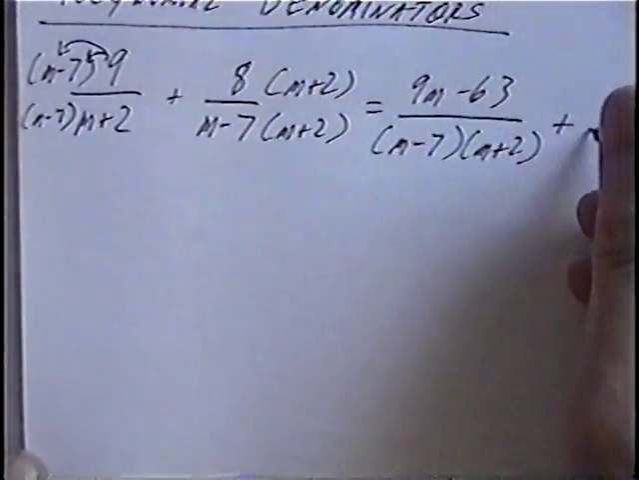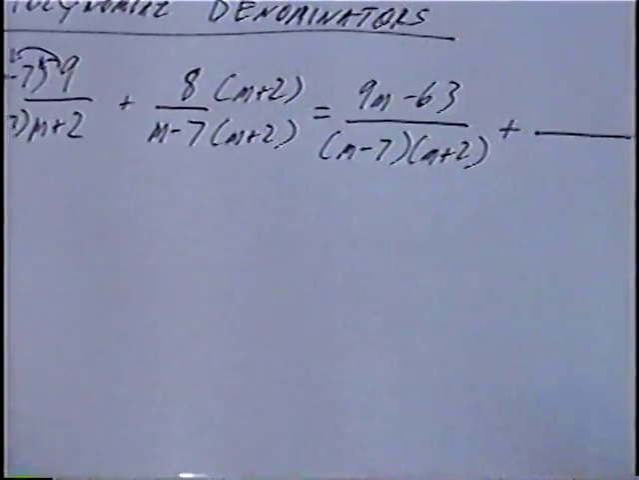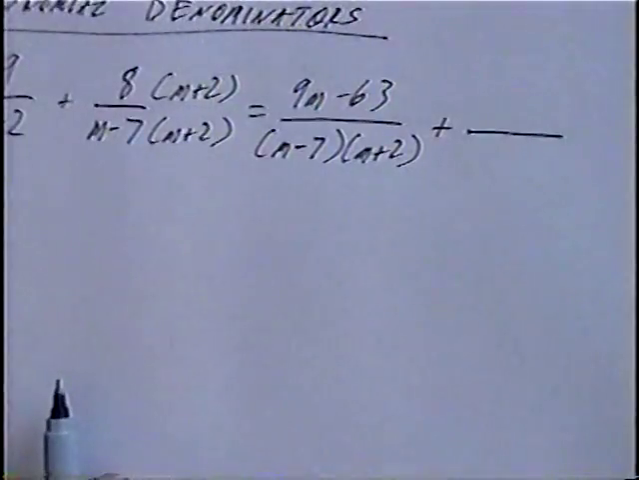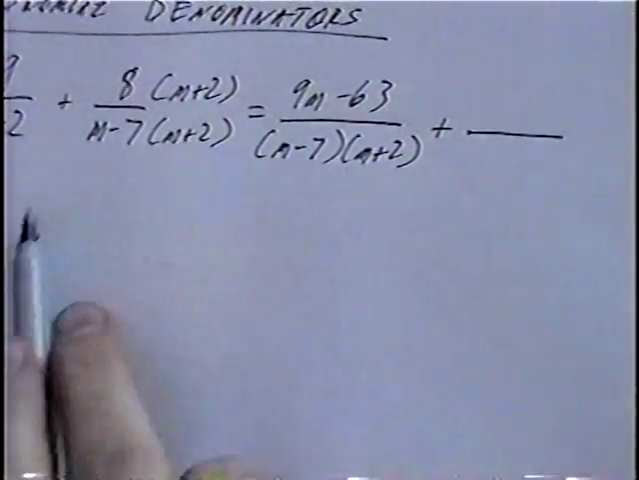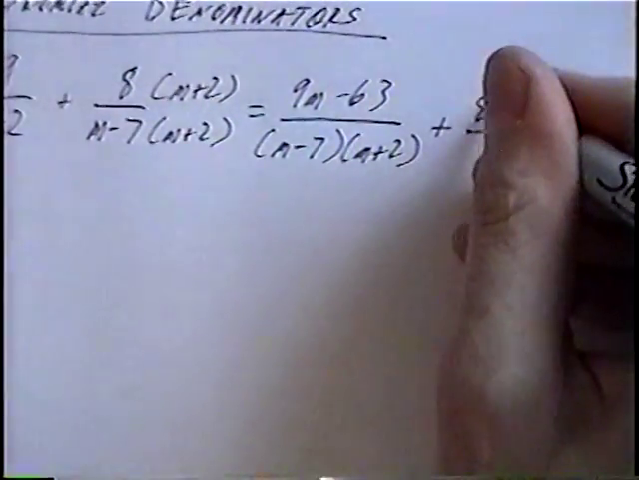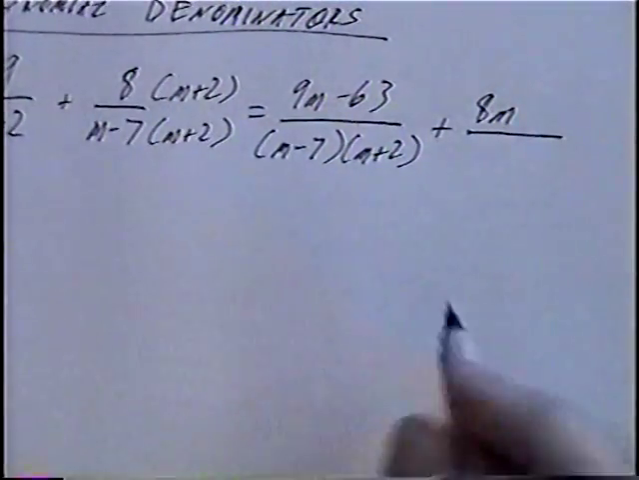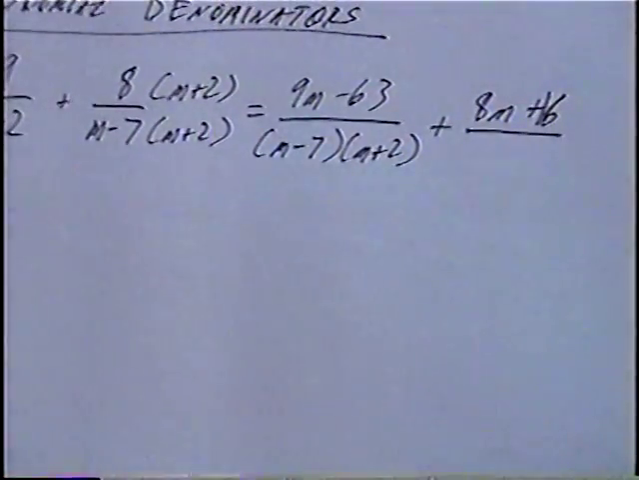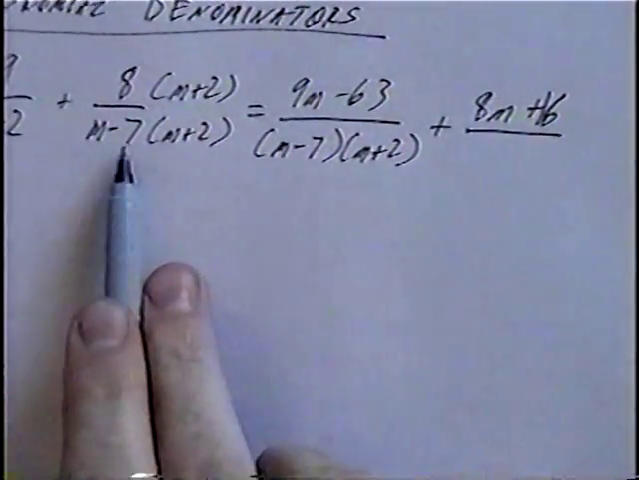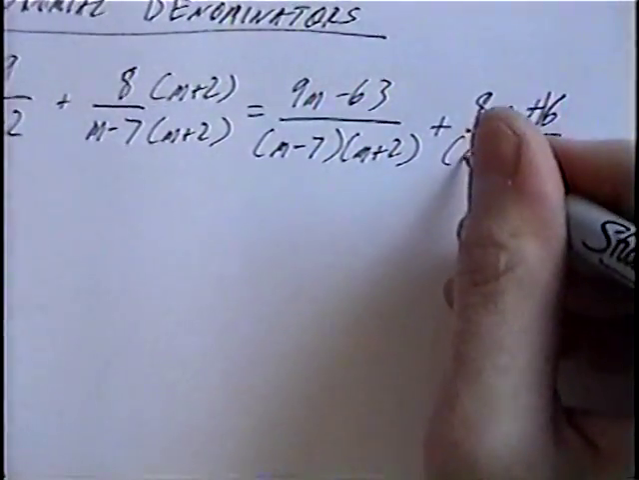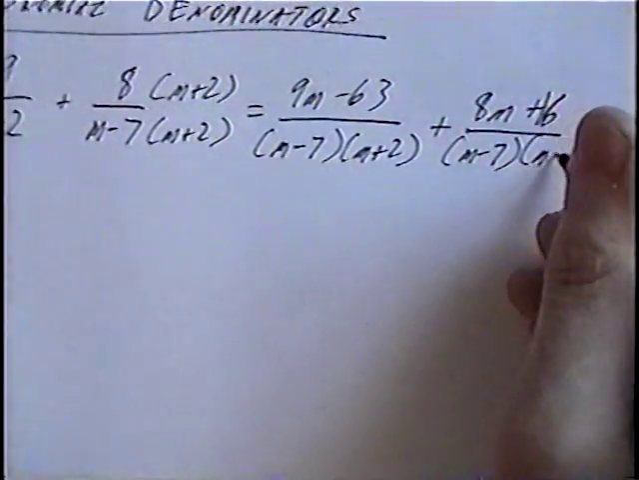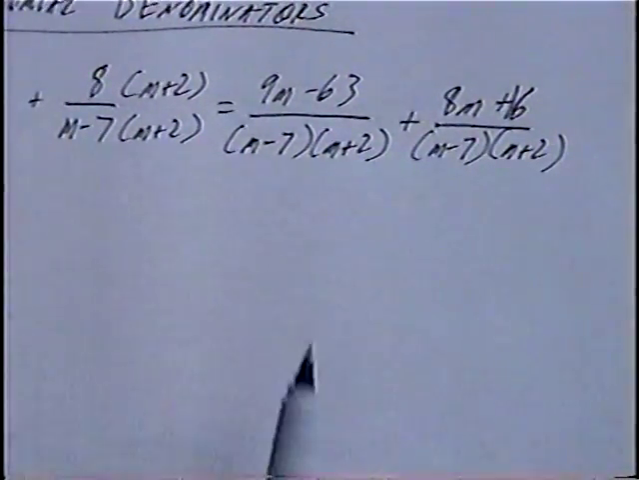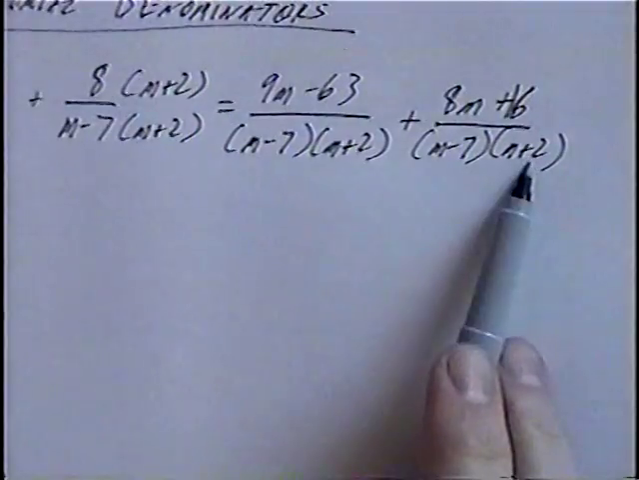If we add to it the second fraction, again we're multiplying by 8, so this will be distributive property. 8 times m and 8 times 2. 8 times m would be 8m. 8 times 2 would be 16. The denominator also again would stay the same, m minus 7 and m plus 2. Once you have the same denominator, both fractions have the same two factors, we can